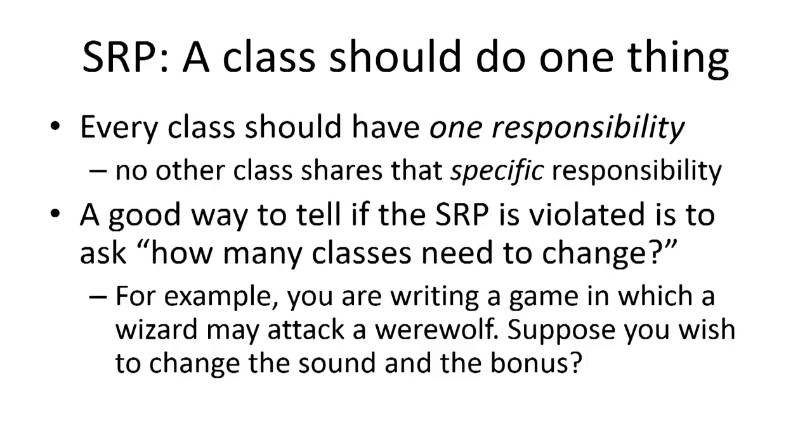So a good way to think about whether I have violated the single responsibility principle is to say, if I want to make a bunch of changes to my program, how many classes do I need to change in order to do that? So if you're writing a game where a wizard can attack a werewolf, and you want to change the sound that happens when that attack happens, and you want to change the bonus that happens when the wizard is using a particular special sword, right? In order to make those 2 changes, do you have to change 2 classes,